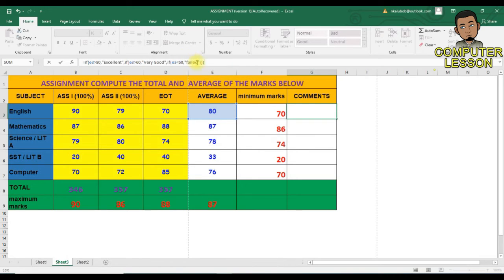See, each bracket has a different color. When you click on the first one, normally it will show you the first one is this one. When you're closing, start with the recent one, go to the previous one, then to the first one you started with. Then if I press enter,